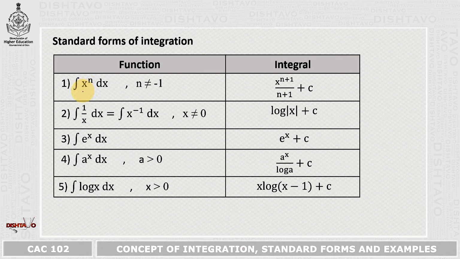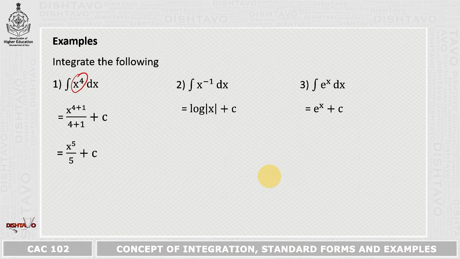Here, this is the part that we require. So, we have x raised to 4, n equal to 4. And to use the first integral, we cannot have n equal to minus 1. We cannot have the value of n to be minus 1. We can only use this formula when we have the value n not equal to minus 1. You can have negative, you can have 0, you can have positive, but except minus 1. So, I'll use the first one over here, where n equal to 4.